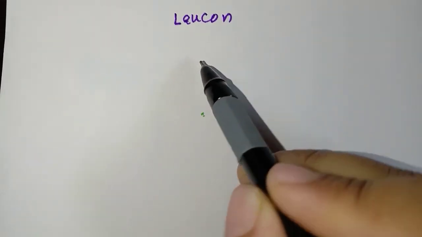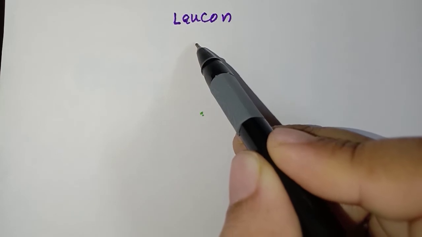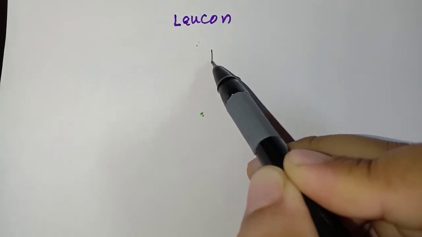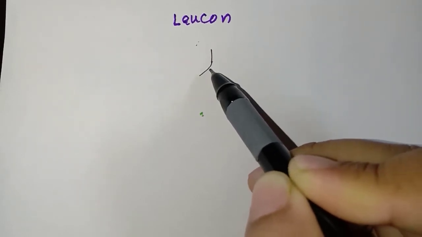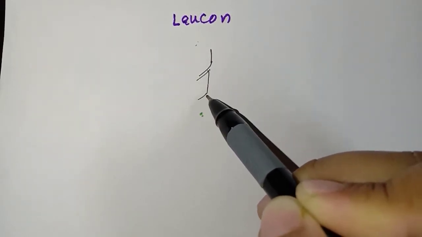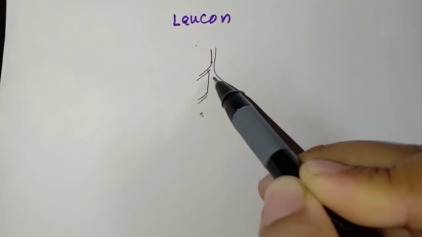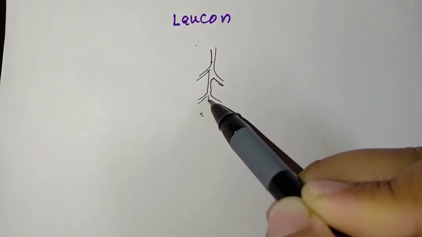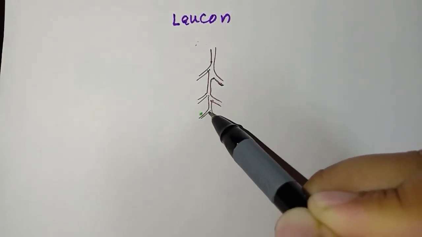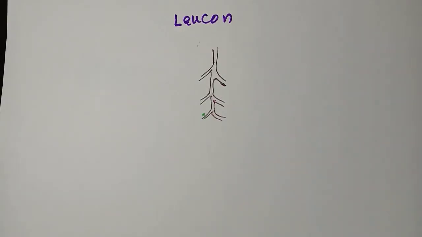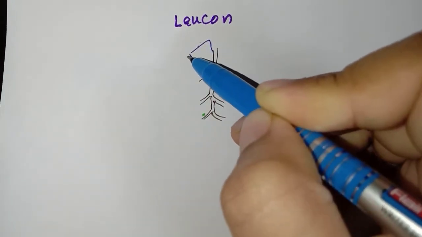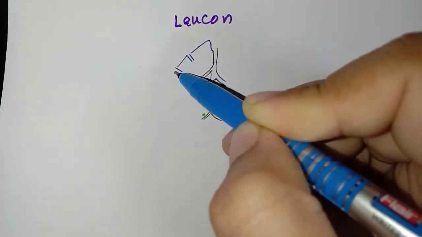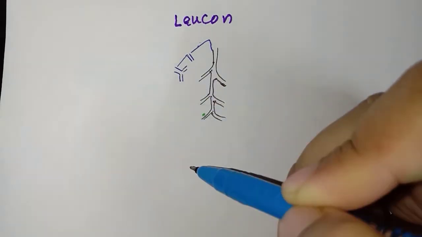So how does the organism's system look? First of all, this is actually the spongocoel. I am drawing the spongocoel. That spongocoel is divided into a number of smaller divisions, or some bifurcations are present. Now from outside also, this organism is going to have some canals. So this will also have divisions like this.